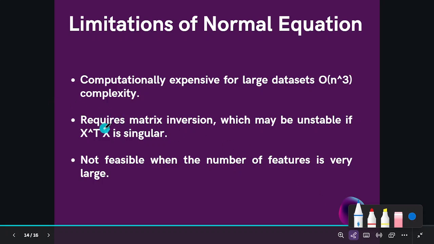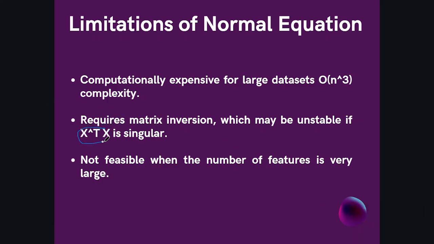When the multiplication of these two matrices becomes zero, then it will be very hard for us to invert this matrix, because when we invert a matrix, we have to